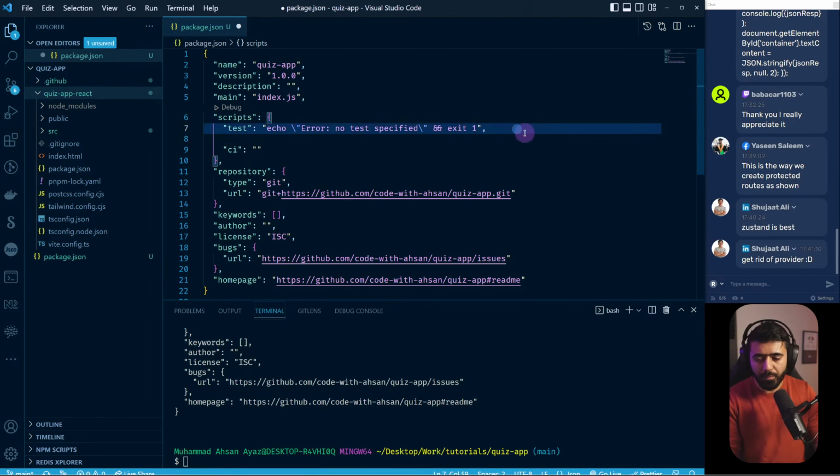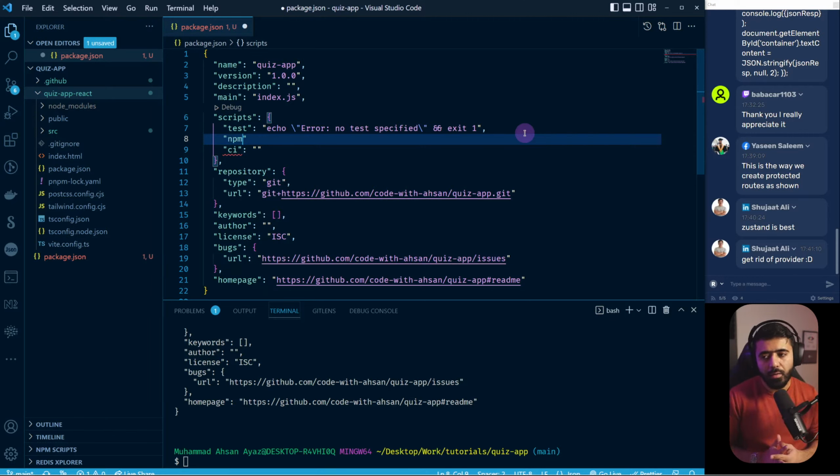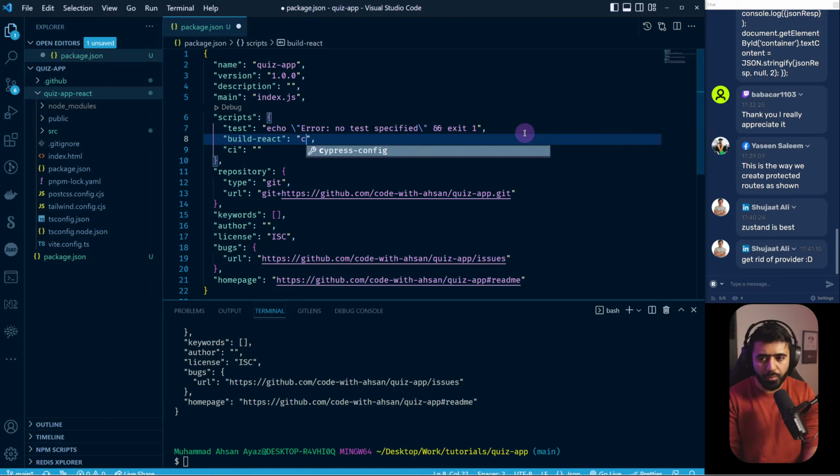Let's see. npm run. This is gonna be fun. We could say something like build React, which basically means it's gonna go ahead and do cd quiz app React, and then we run and